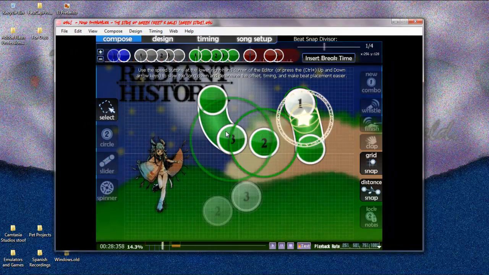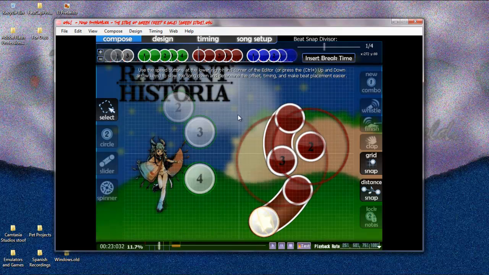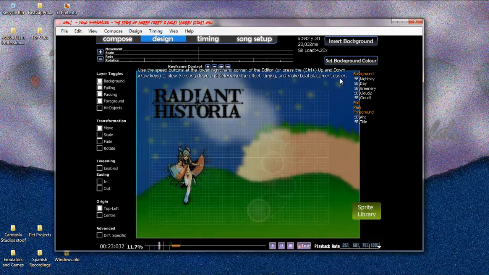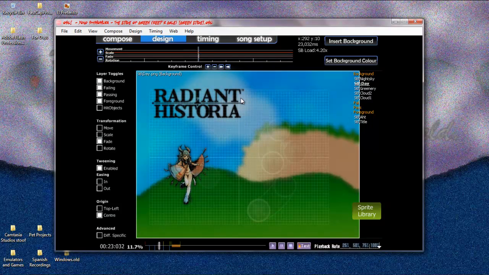I don't like the gradual fade, so let's go for a quicker fade. Let's start here. Fade. There. Now it'll only start fading here. It's a quicker fade, but the fade doesn't start